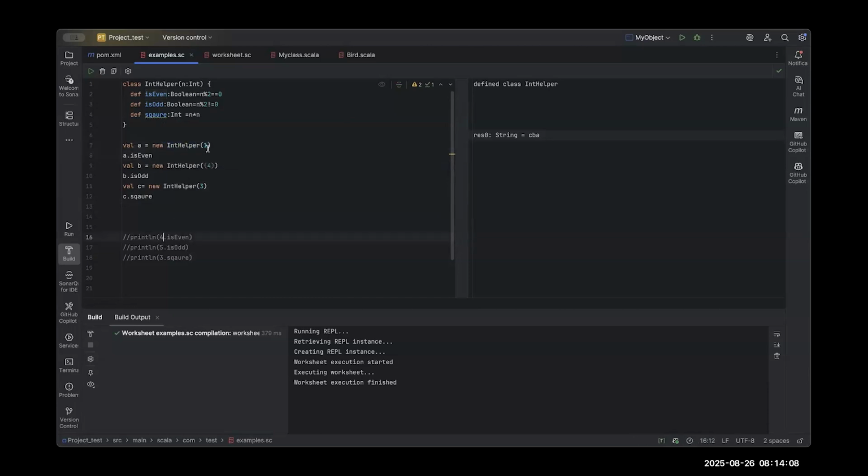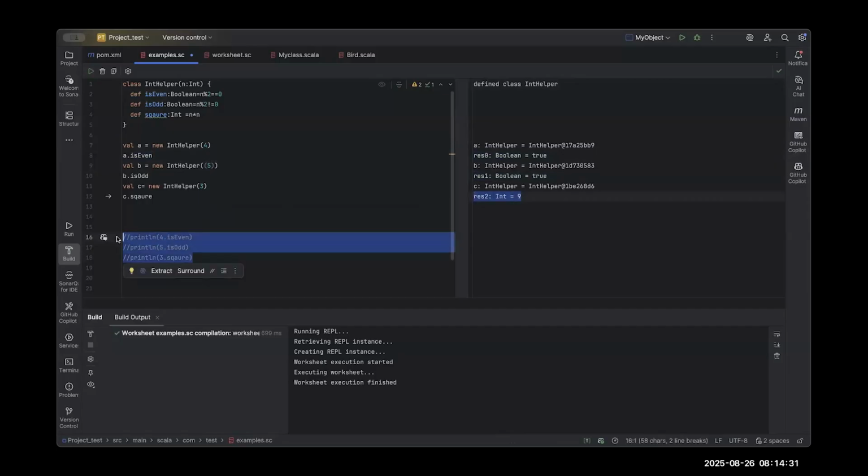Here I have given you 4, so I can make it 4 here, and I can call this one is even. Here I have given 5, so let me make it 5. And after that I have 3 here, so here 3. Let's just run it. It gave you boolean true, int 9. That is the same result we got when we make it